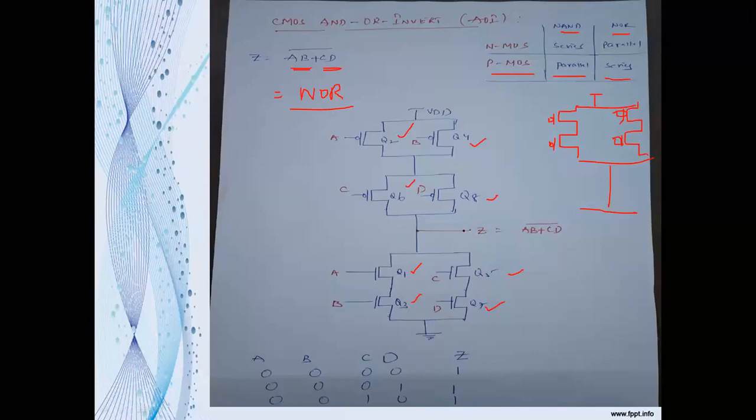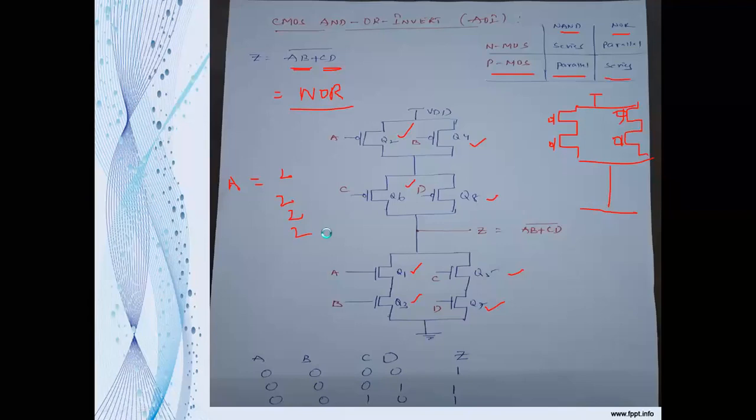traditional way. We are going with only one level of transistors here. We are not using any extra transistors here. You are just trying to implement the input. For each input, you have two transistors, one NMOS transistor and one PMOS transistor. For A input, you have two transistors. For B input, two transistors. For C, two transistors. For D, two transistors. So overall, you have 8 transistors, and you are building the logic function.